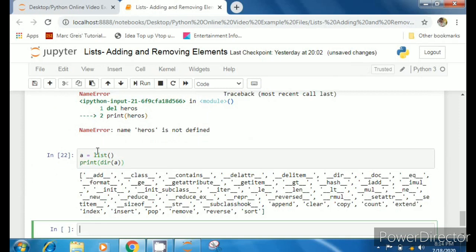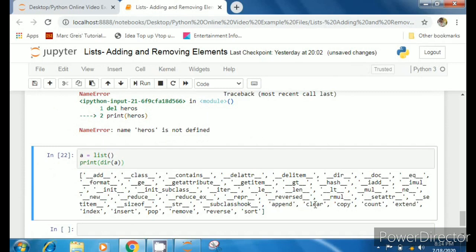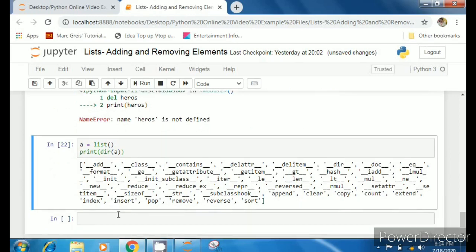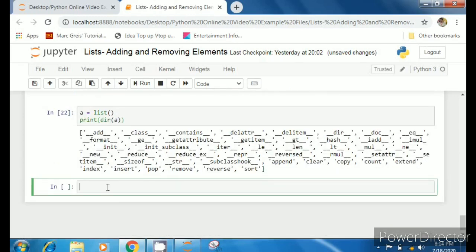So in the second last line, that is our area of interest at the moment, this is the method we have seen: append, we have seen extend, insert, remove, pop. So these were the methods we saw. There are some other methods, clear, copy, which we'll see in the next lecture, how to copy elements. And this was all for this lecture.